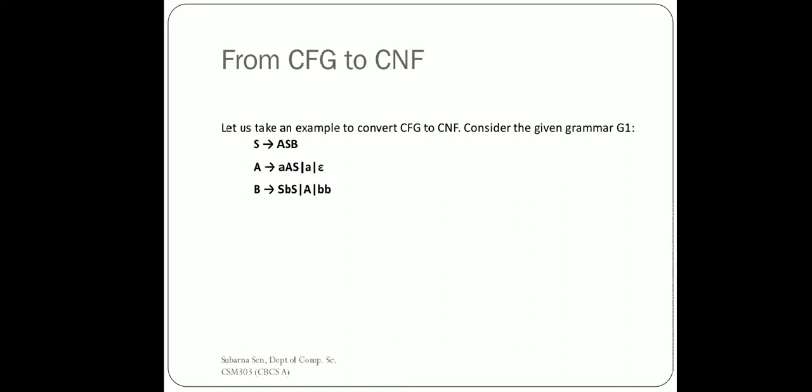follow stepwise, and you can see that S being the start symbol, as step 1 says, if any start symbol is there in the RHS of any production, we are going to remove it, right? So you can see that S is present in the RHS of the first production rule. S is again present in the RHS of the second and third as well. So we have to remove S from everywhere. So this is our first step.